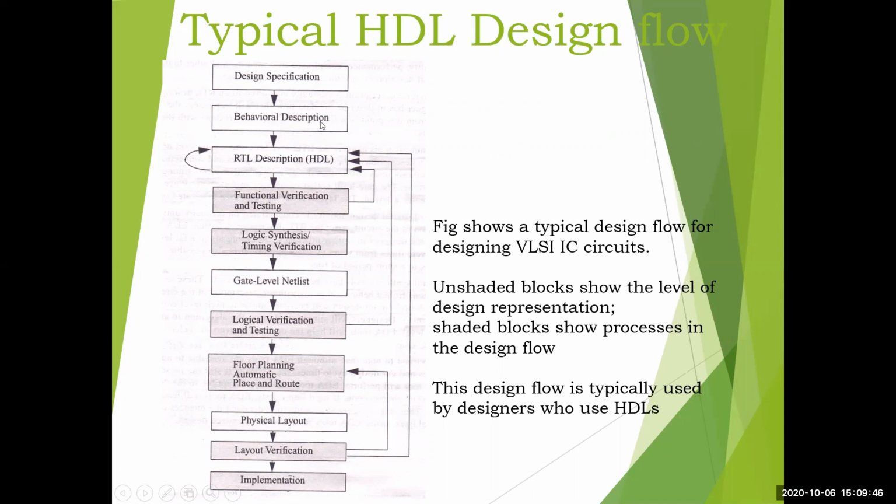Here, the EDA tools I mentioned earlier will be performing the operations. There is a back end and a front end. The front end we call CAE, and the back end we call CAD. In the front end we will be doing the design inputs. We'll be writing the HDL code up to a level, and then the back end tool will do the layout and planning and everything for you.